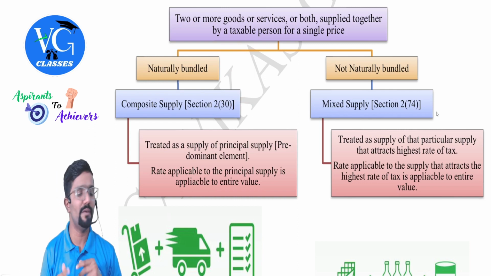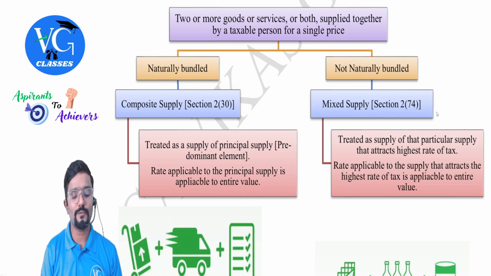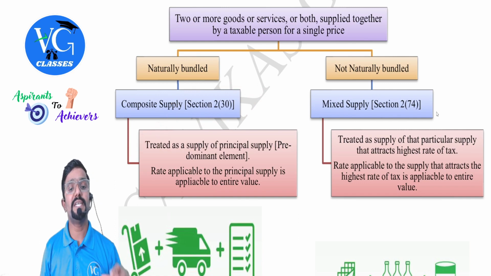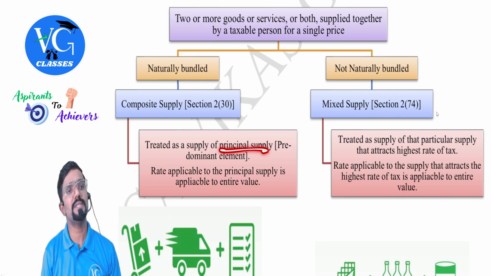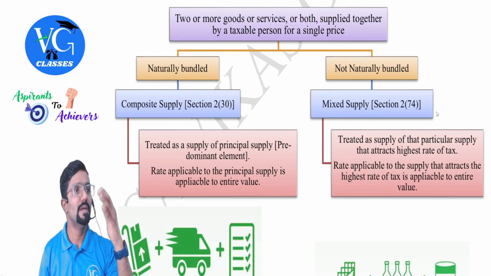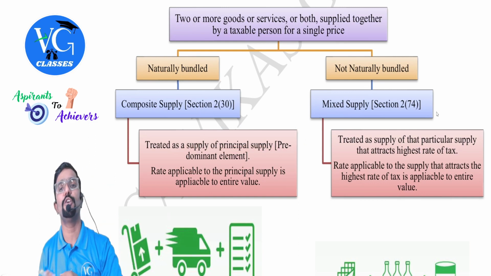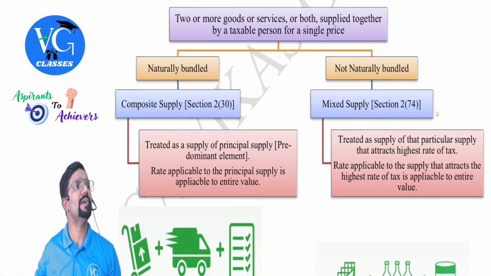It is a composite supply which is defined in section 2 clause 30. And in case of composite supply, it is treated as a supply of which supply? Principal supply. Principal supply means which is having a predominant element. For example, sir, laptop which is supplied together with laptop bag and charger. Is it a composite supply? Yes. Which is a principal supply in this? Lap